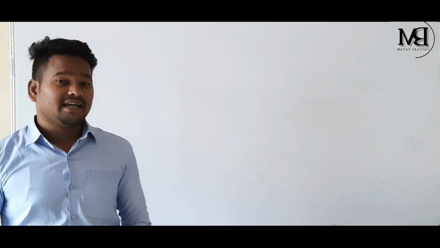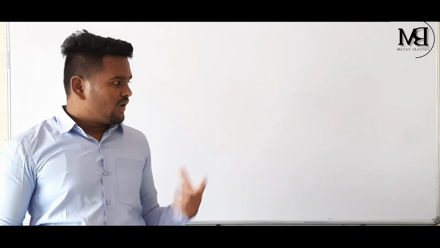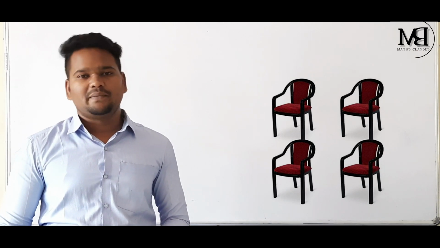Today we are going to discuss the chapter Number Systems from 9th standard NCERT. To understand this, let's assume that we are in the ancient period, thousands of years ago, where we don't have any number. Now I want to ask you one question. Consider this question as case 1: how many chairs are there? Tell me how you are going to count the number of chairs here.